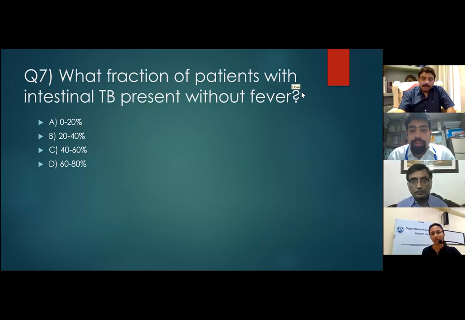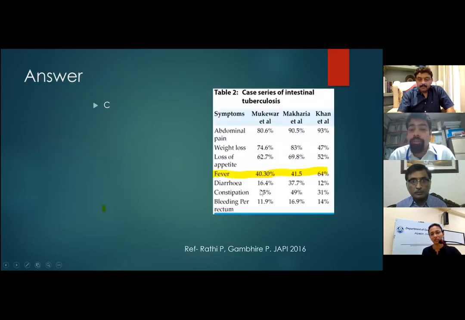So we have the results now. Almost 50% say that 20 to 40% of the patients can present without, but the correct answer is in fact 40 to 60%. So I've taken this table from the beautiful review article by Dr. Rathi published in JAPI, and the case series in India say it's around 40 to 60% do have fever, and again on the contrary 40 to 60% can present without fever. So this is very important thing to know. And just based on the absence of fever in case of right iliac fossa mass, we should never rule out the